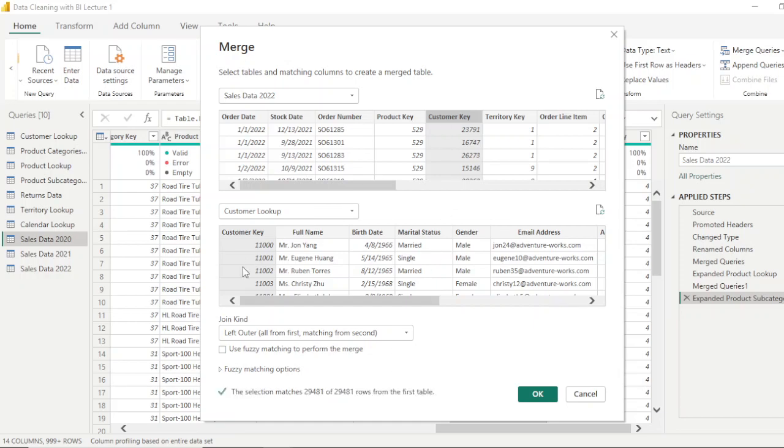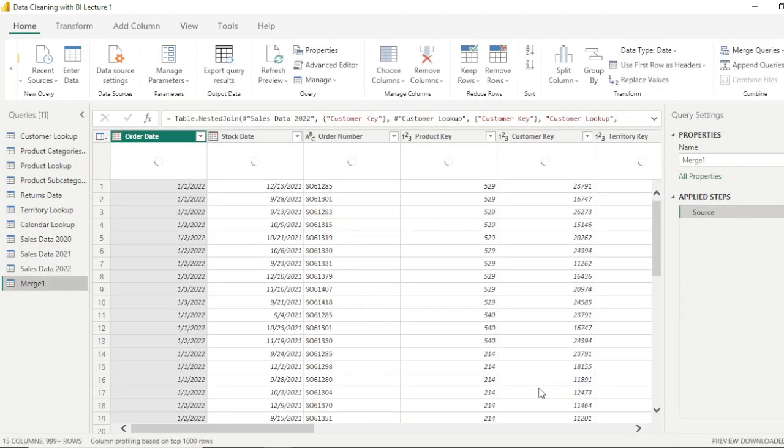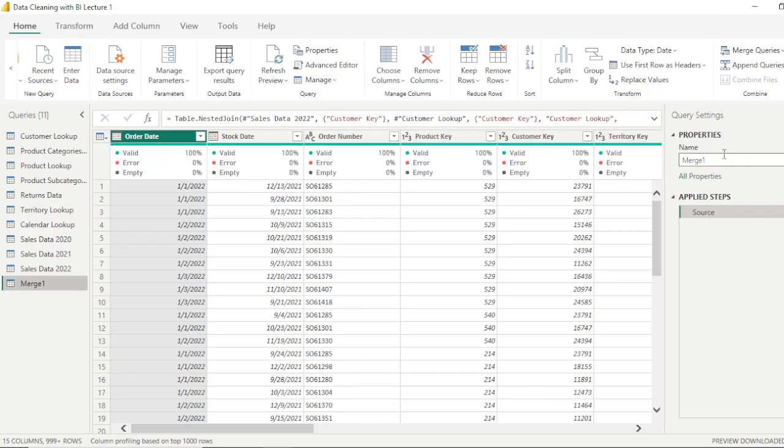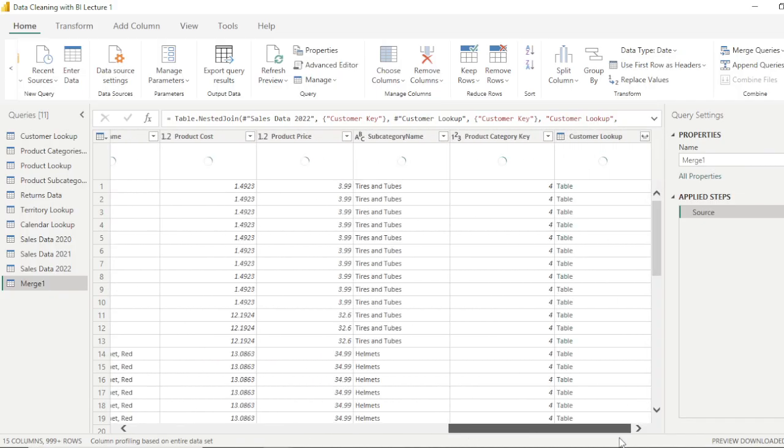So whenever it matches together, we will press OK to make this new merged query. We need to write the name you want to put over here. So now what we have done is column profiling based on the entire dataset, and we can see the customer